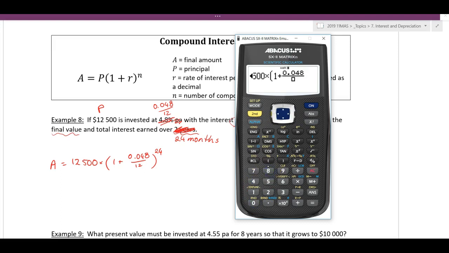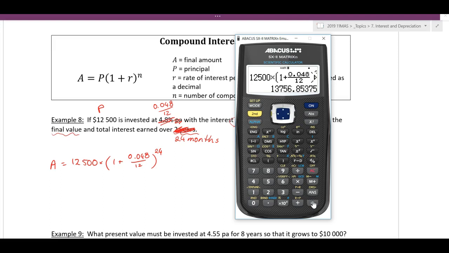Now that's our 4.8% divided by 100 to make it a decimal, and it's got to be divided by 12 to make it a monthly figure. Close my bracket, and it's to the power of, using this x to the y button here, 24, because there are 24 months in 2 years, equals